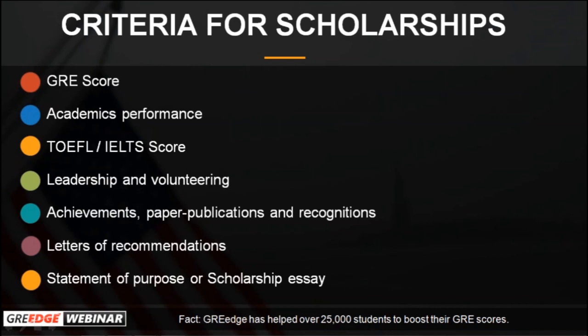Now Siddharth Gulati again has a question. He says, what is the minimum GRE score needed to be considered for scholarship in top-notch institutes like CMU and Georgia Tech? Siddharth, as I told you already, there is no particular score. There's no exact number that if you get this number, you will be able to get a scholarship. Because as I said, it varies from every year to every university as well.